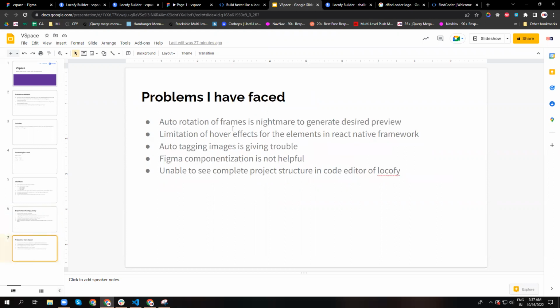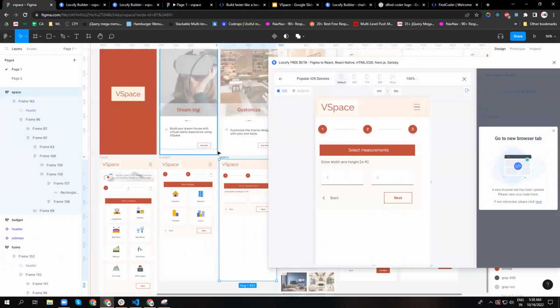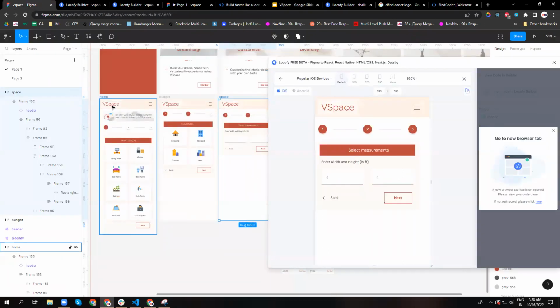Okay. Now, what are the problems I have faced earlier? You see that auto rotation thing: when we are using Figma, it will auto rotate the elements, which will cause trouble in the Locofy preview. Then later, limitation of hover effects. If you notice, I have created so many hover effects. Suppose I can show you in the,